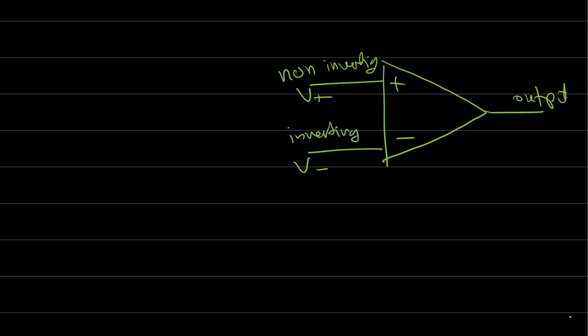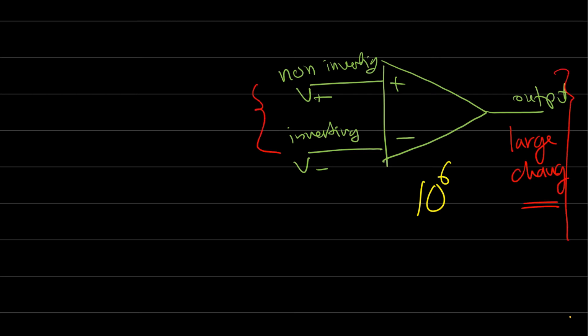The operational amplifier, as we said, has two inputs, the non-inverting input and the inverting input, and one output. The gain of this amplifier is usually huge. What's the problem with this gain? When we have high gain, any small change on the input will cause a large change on the output, and that causes instability. So that's why we need a passive element. This passive element can hold the signal and take feedback from the output.